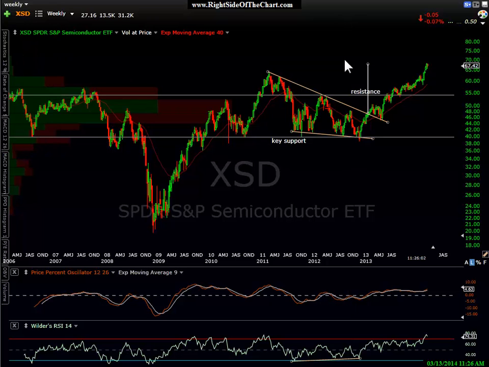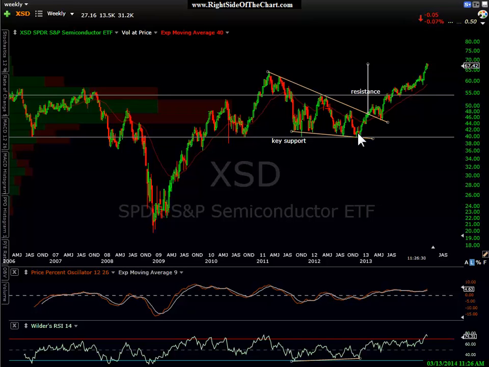Yes, do I catch tops and bottoms? Often that's what I do. I know a lot of traders aren't comfortable with that. And when doing it, you need a lot of technical evidence. This is building a case just like a lawyer would, building a case, adding evidence. And right now, with this run, I showed the divergences on the weekly chart on Micron. Here's XSD, and it looks like this one has had one heck of a move since it moved off the bottom